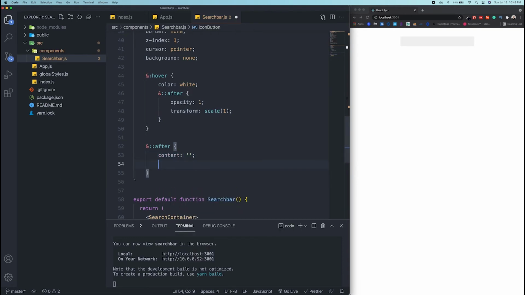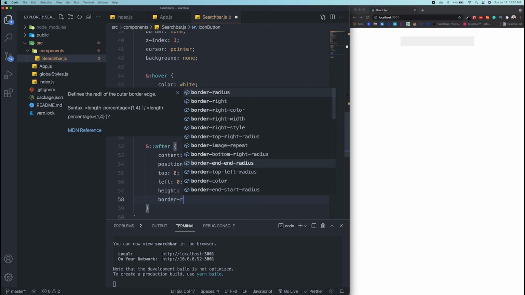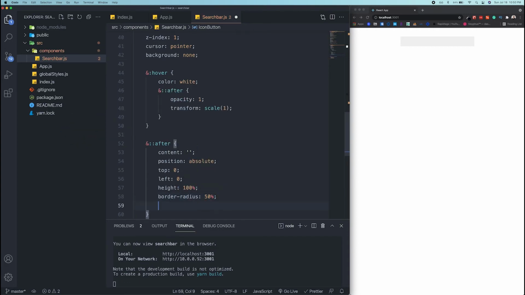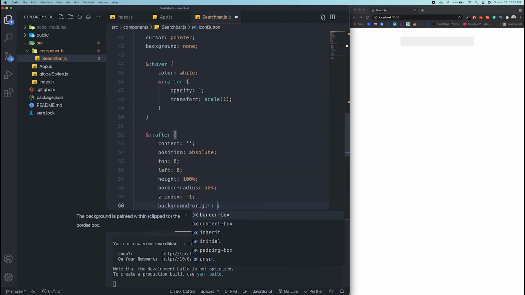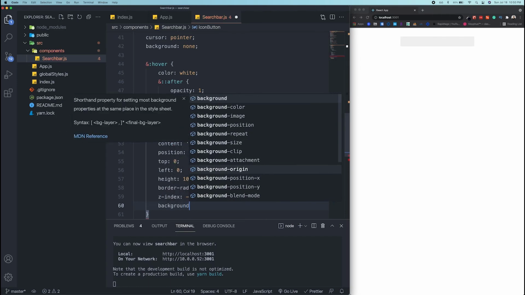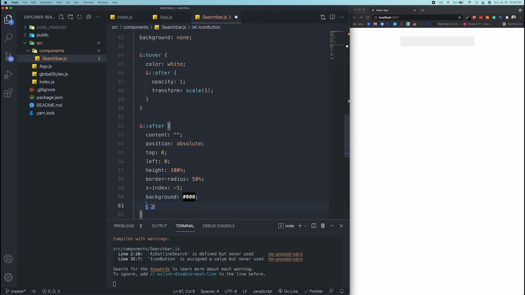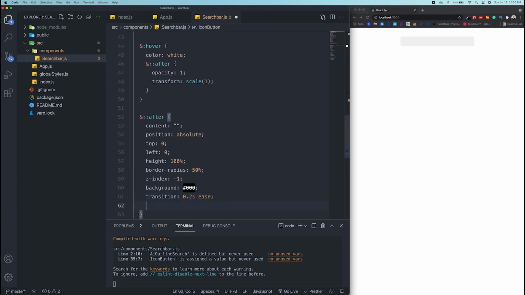So the content will be empty, the position will be absolute, the top will be 0, left 0, height of 100%, border radius of 50%, z-index of -1, background is 000, transition, of course you need to have a transition, is transform